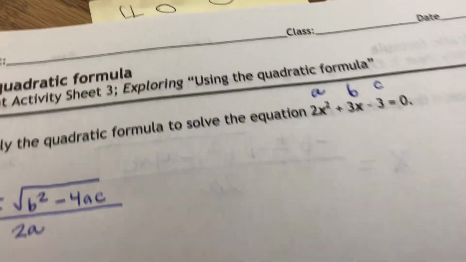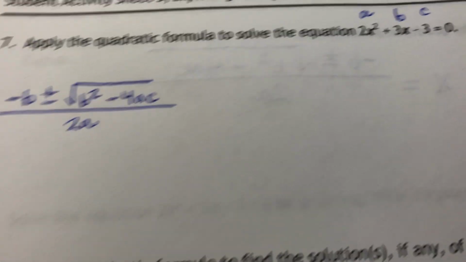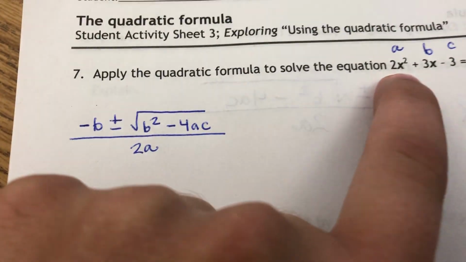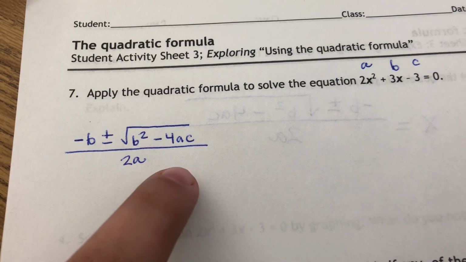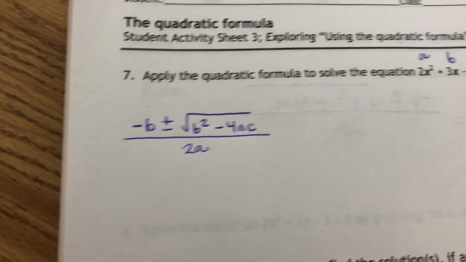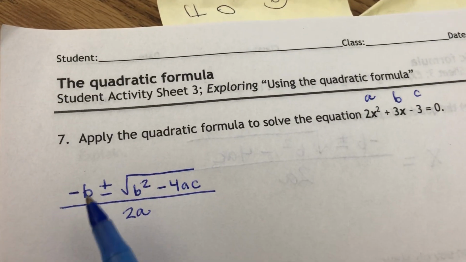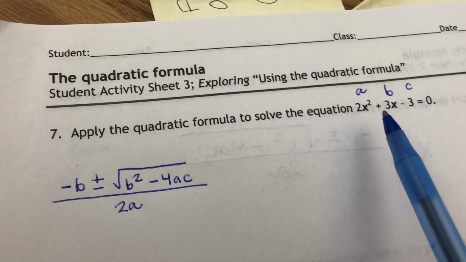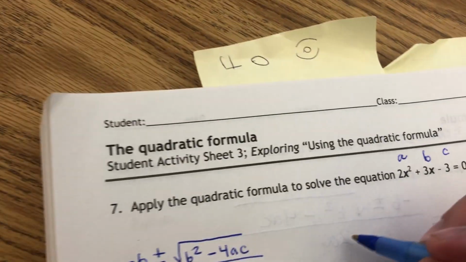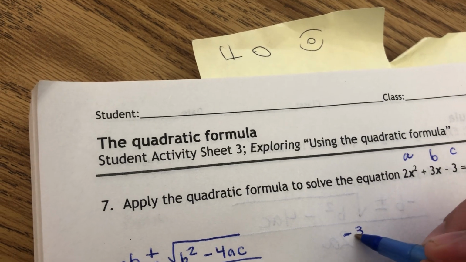So all we're going to do is plug those three numbers into the formula. Anywhere you see an A, you're going to put a 2. There's an A here and an A here. So actually here, I'm going to start with B, that way I can go in order. So B is 3, so I'm going to put a 3 where the B was. So I'm going to have negative 3